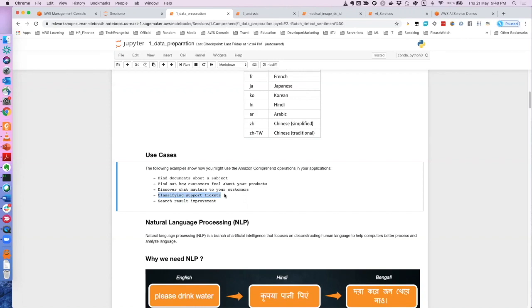It is not feasible for any company to appoint an individual person to respond to all of those queries, right? So you can use Comprehend to analyze and categorize the text and streamline that ticket to the right team, so that you don't waste time cascading the ticket to the right team.